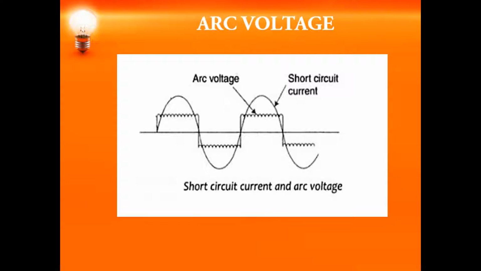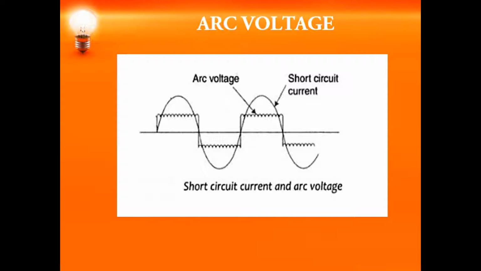In this session, let us see what is meant by arc voltage and what are the factors which influence the formation of arc. So, when the contacts of the circuit breaker get separated, we have learned that an arc is formed across it, and that is nothing but the fault current which is flowing. If we want to interrupt the fault current, we have to quench the arc. To quench the arc, we have a suitable medium, that is air, oil, vacuum, SF6, and so on.